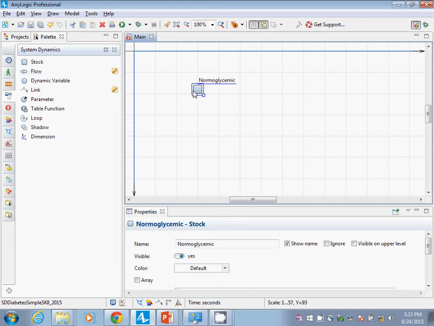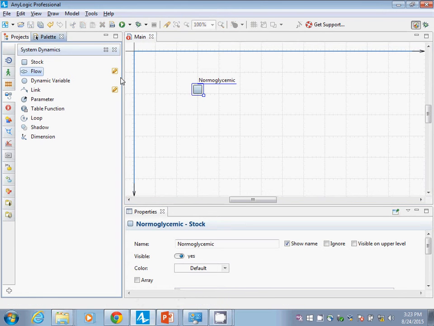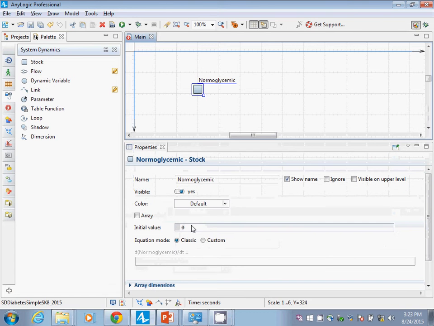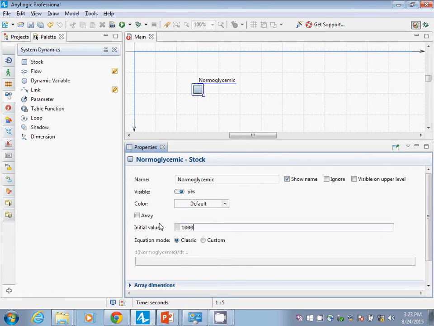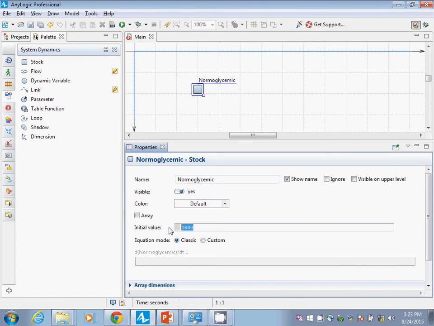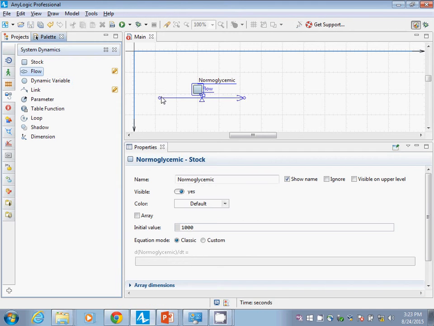Okay. So normal glycemic, and now I'd like to introduce, ladies and gentlemen, a flow. Okay? We're going to drag, actually, I'm sorry, before we even do that, within the normal glycemic, I'd like to change the initial value we need to specify to 1,000 people. Okay? I clicked on it, went to properties, and I set initial value to be 1,000. Okay? Now we're going to drag in a flow,